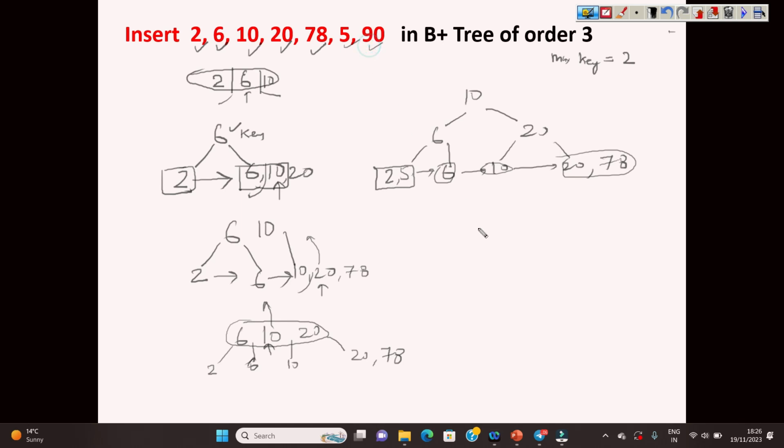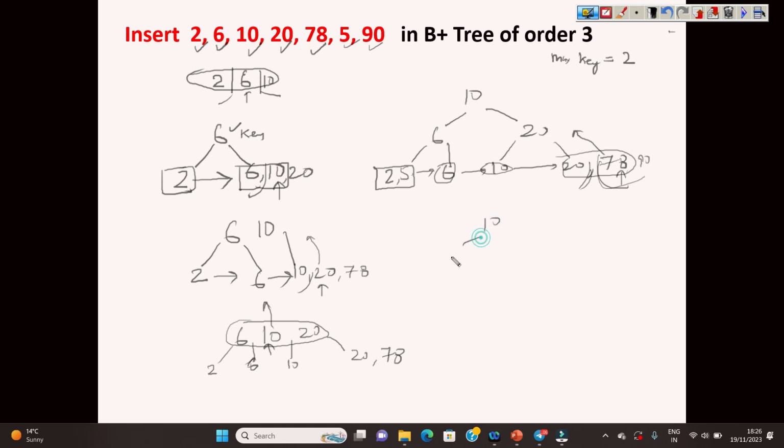Then 90. So 90 is to be inserted here. When you insert 90, then 20, 78, 90 are the record values, and when you split this record into two parts, we need to create a key for 78 because this is going to be split here. So we are going to do it like this.